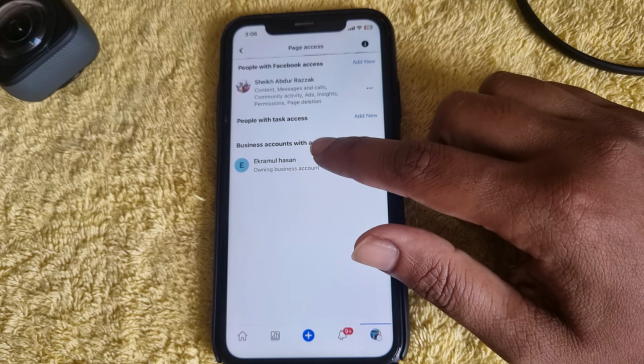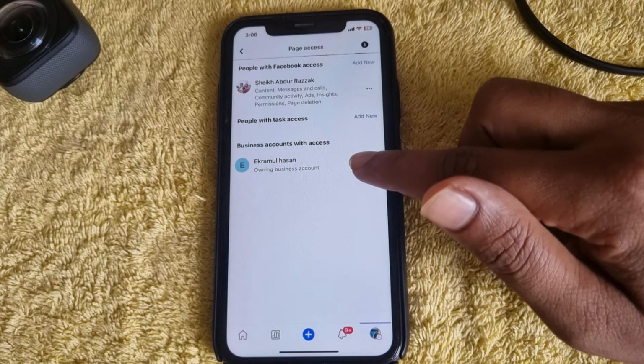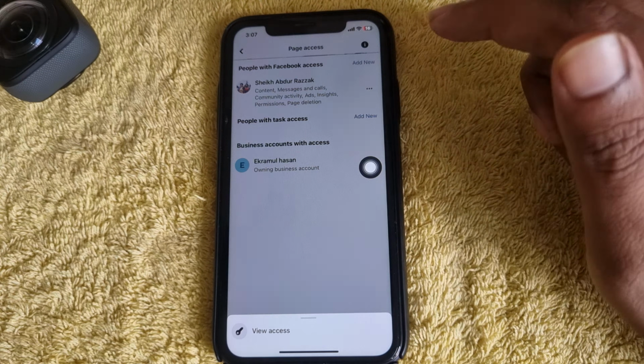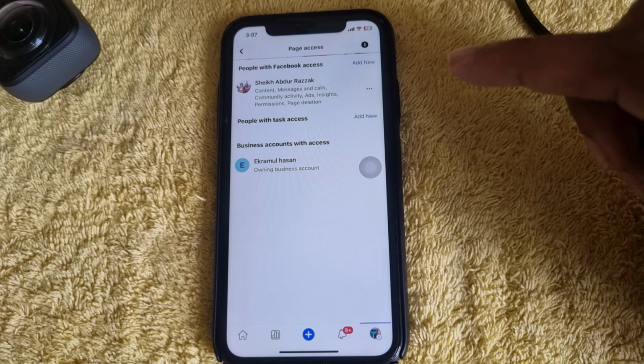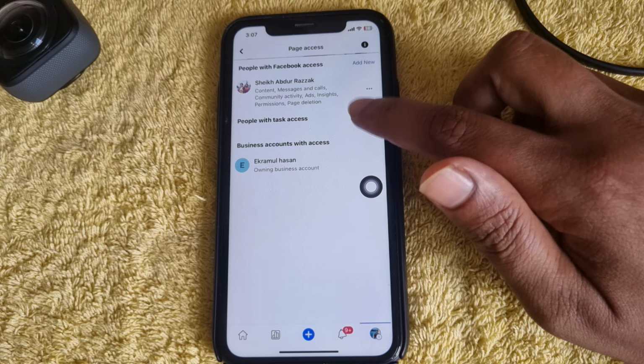This is the username and this is the owner of the business admin, and you can easily add or remove. Suppose you want to remove, then view access, then you can remove them. And if you want to add a new person, then just press on add new,